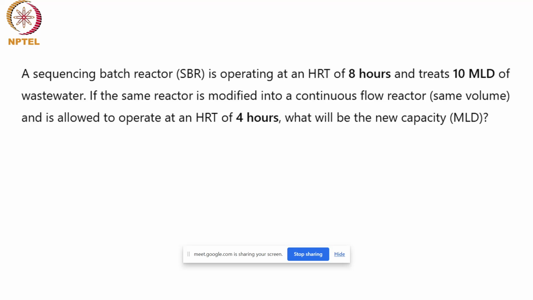Okay, so we know Q is equal to V by T, right? Q is equal to V by T, right? Here we have the same volume for both. Time is given for both the things. However, Q for the second one we have to determine, right? So from the first one we can find what is the volume. Okay, so from the SBR, volume will be equal to